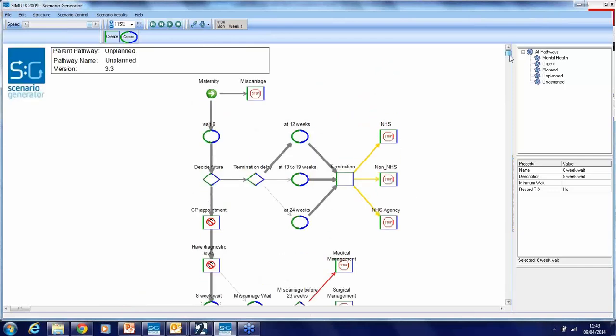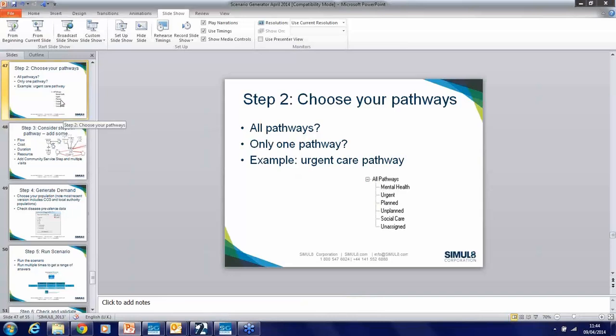Okay, so that's how all the steps are created. This is how all the pathways are used. If I just go back to my slides here, and